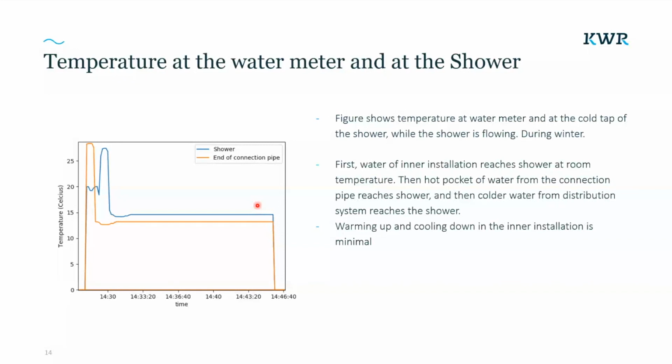And within the distribution system within the house, water tends to cool down a little bit or warm up a little bit, depending on its starting temperature, but not as significantly as it does in the connection pipe itself. And if 30 degrees Celsius or 86 degrees Fahrenheit would indeed be a correct soil temperature, then this might pose extra biological risks, as the water can be stagnant in the connection pipe for quite some time, and it is then there at 30 degrees Celsius for quite some time.